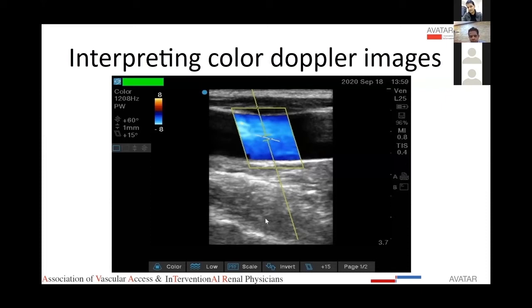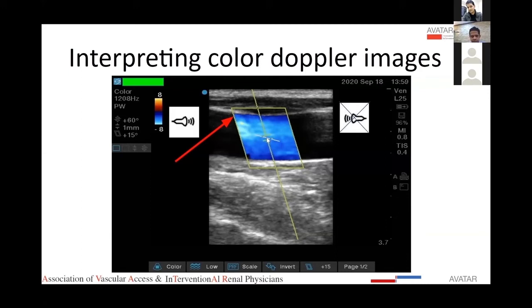So the first thing that gives us a clue about how to interpret the image is the parallelogram. See, this is the parallelogram, or the Doppler box. The direction of the parallelogram tells us in which direction we are looking at the flow. If you look at the two top angles of this parallelogram, one is an acute angle and the other one is an obtuse angle. The side on which the acute angle is made is the side from which we are looking at the blood flow towards the other side.